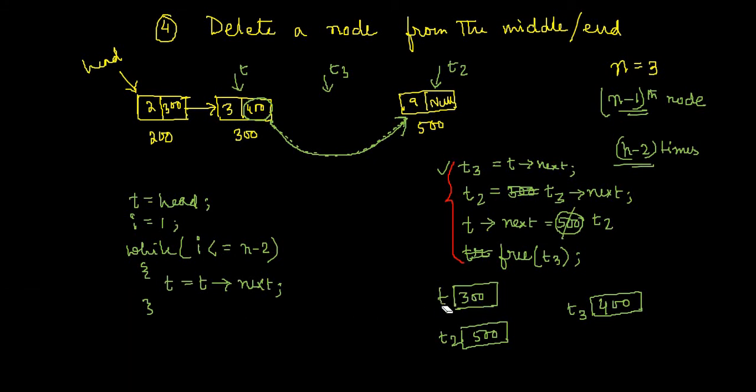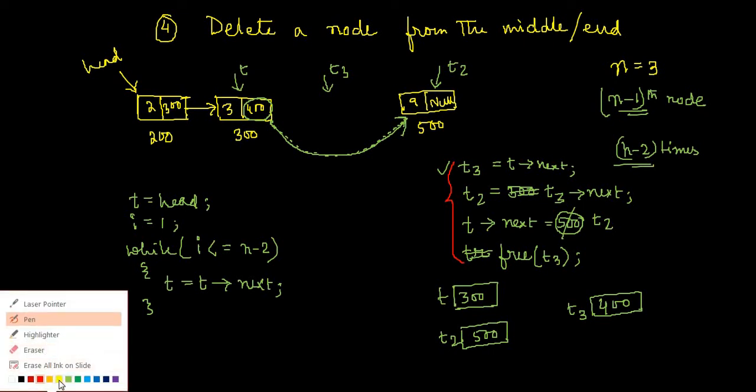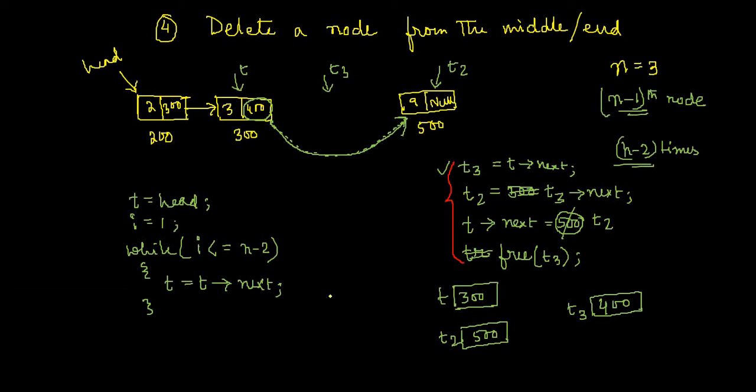Okay, do one thing. Instead of writing so many lines, you can actually write few lines over here. For example, writing this T3 equal to T next, then T2 equal to T3 next, you can directly merge these two lines